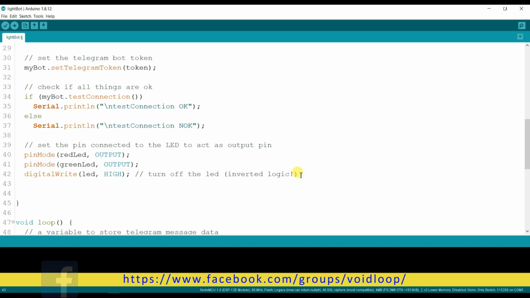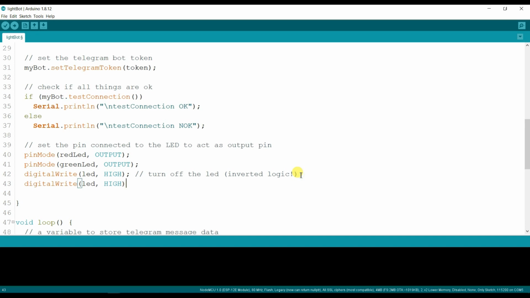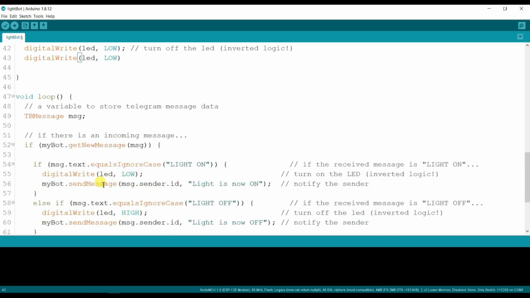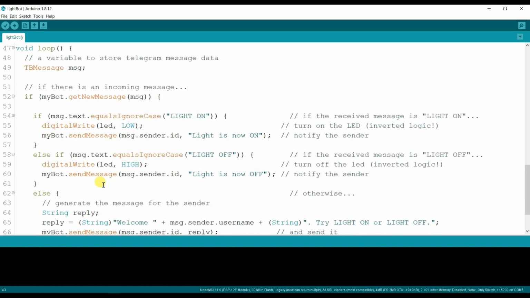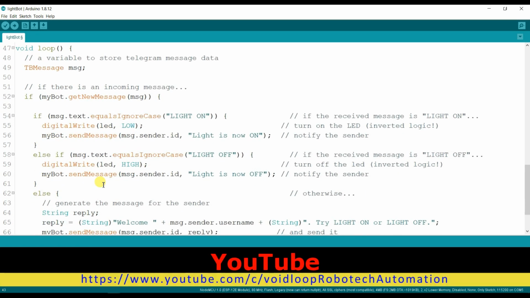Here we will keep by default all LEDs low. By default both LEDs are turned off. Okay, here we need some modification because I am using two LEDs here. It is for one LED.